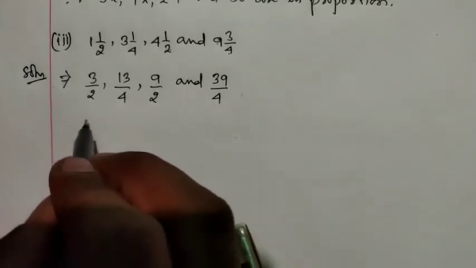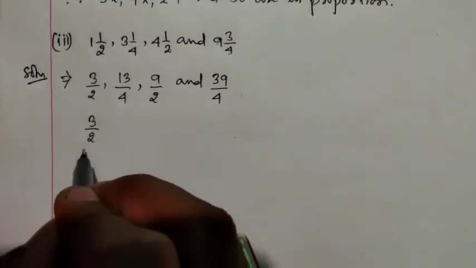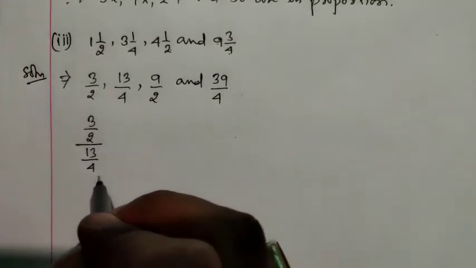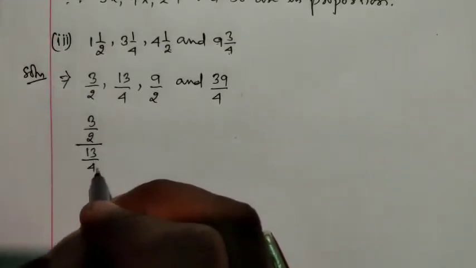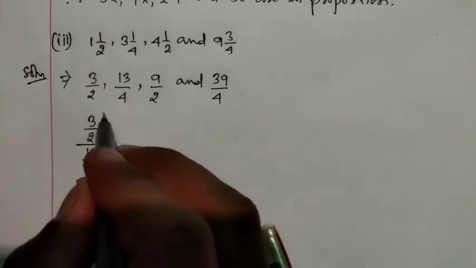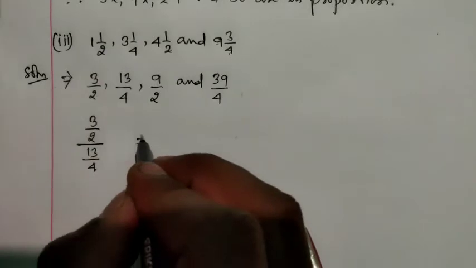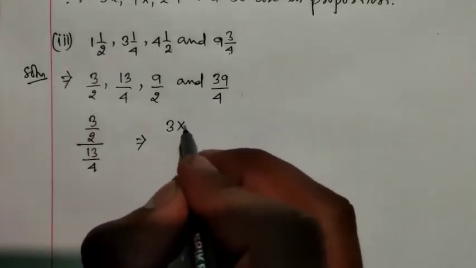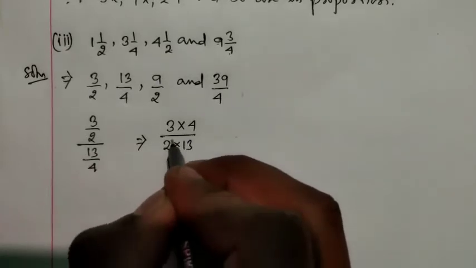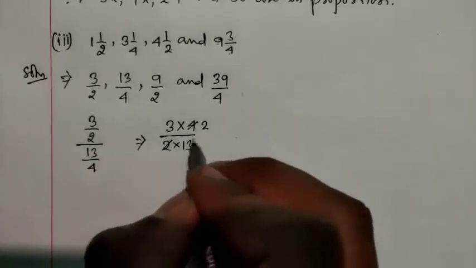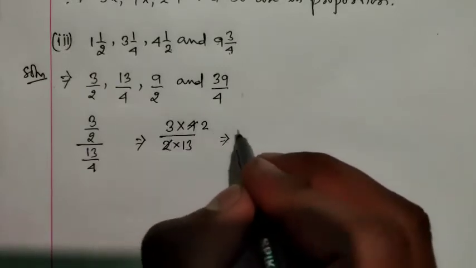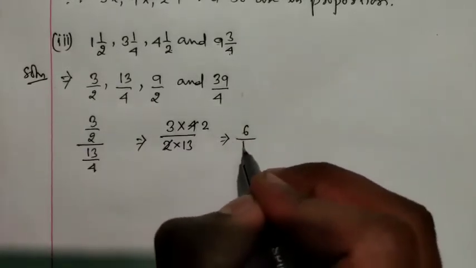First we will solve A by B. That is 3 by 2 upon 13 by 4. And we have studied earlier this double fraction. The number which is at the bottom will go and multiply with the top. In the next step we can write 3 into 4 divided by 2 into 13. 2 2s are 4. Now we can see that none of the numbers is divisible. Then we will multiply 3 2s are 6 by 13.